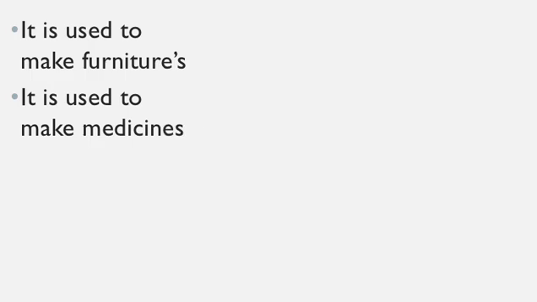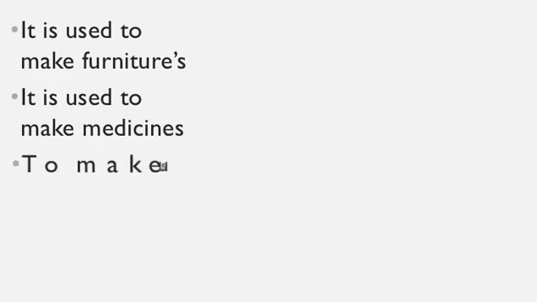It is used to make furniture as they are hard and strong. Teak, mahogany, and a few more examples. Like in your house, you have seen a table, a chair, a wooden chair, a sofa. These are all made up of different types of wood, which is from the tree or stem. Okay, students? Yes.